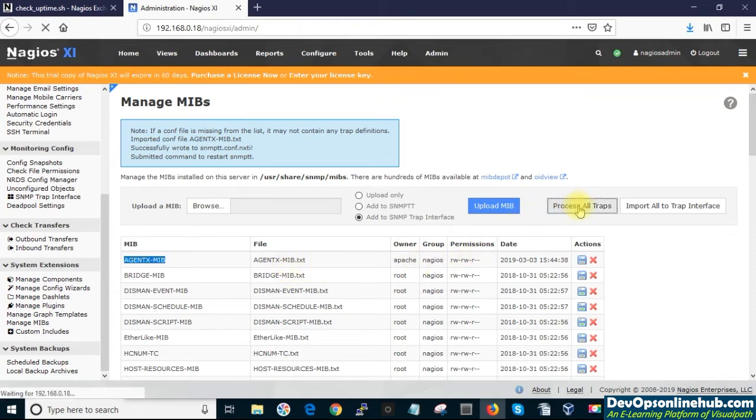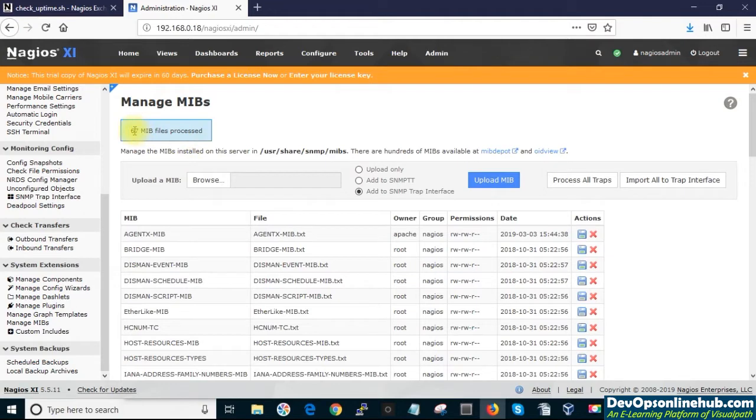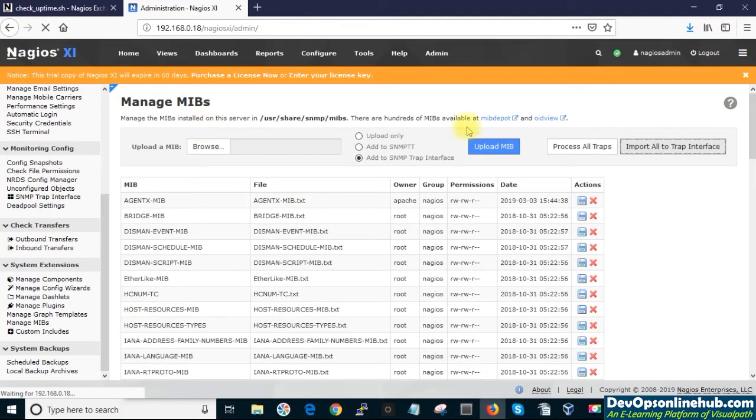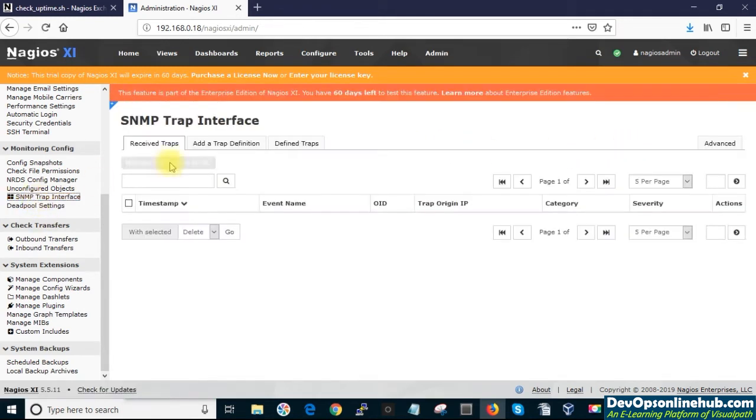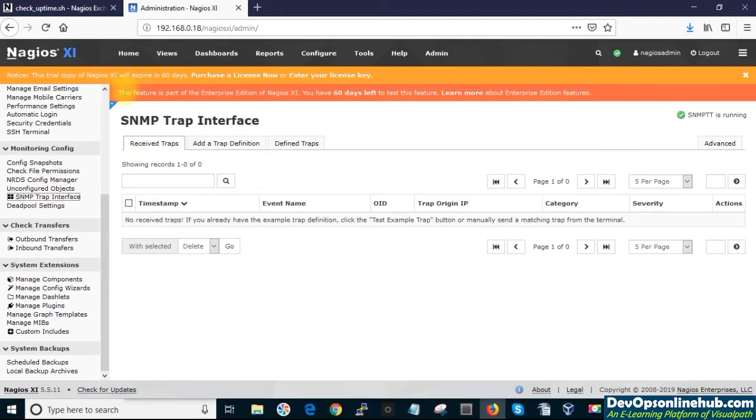So once we click on Process All Traps, you will see 67 MIBs processed. After clicking on Import All to Trap Interface, you can go to the SNMP Trap Interface. You will find all this here. But as this is a demo or trial version I am running, this feature is only a part of the Enterprise Edition of Nagios XI. But if you are licensed or have activated your Nagios, you can see all the traps